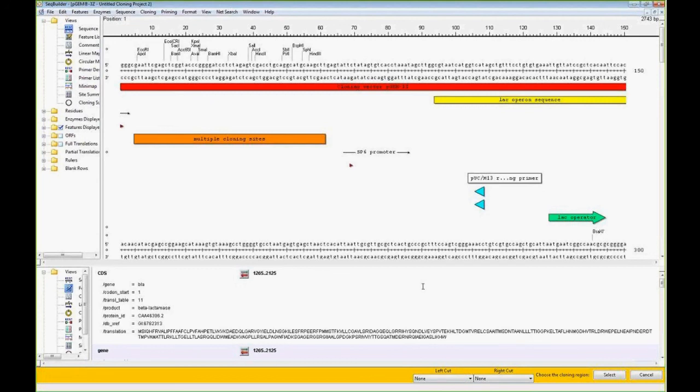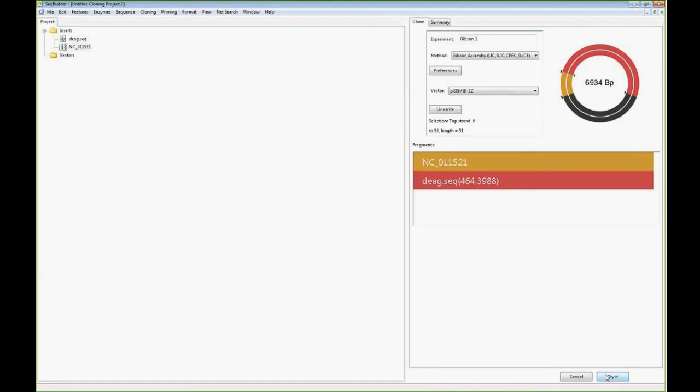Since we're using Gibson Assembly here and restriction enzymes are not utilized, I'm simply going to use the same site in which EcoRI and HindIII are going to cut. So I do know that EcoRI cuts here, 5', and it will extend all the way to roughly right here, 3'. Once I've selected my region of insert that I want to insert my target, I'm going to select the select button here down at the bottom. Upon selecting there,